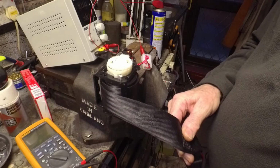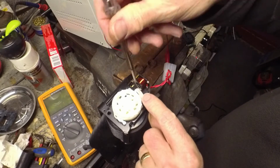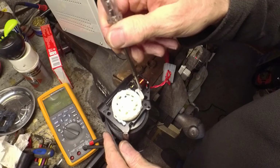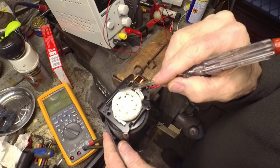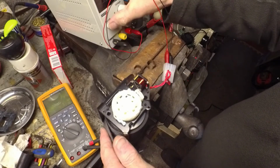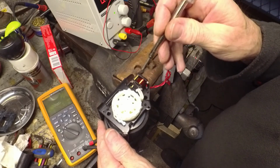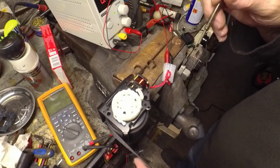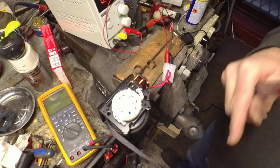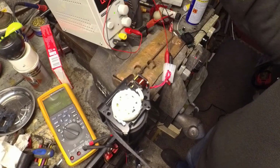Let me reposition the camera. Yeah, so with 12 volts applied, this solenoid pulls in and lifts this pawl off this outer diameter plastic ratchet mechanism. So I put 12 volts on now. It pulls in the solenoid, and this is now free to pull in and out. So basically you put power on, you can then pull this out, attach it to the wheelchair, and then turn the power off,